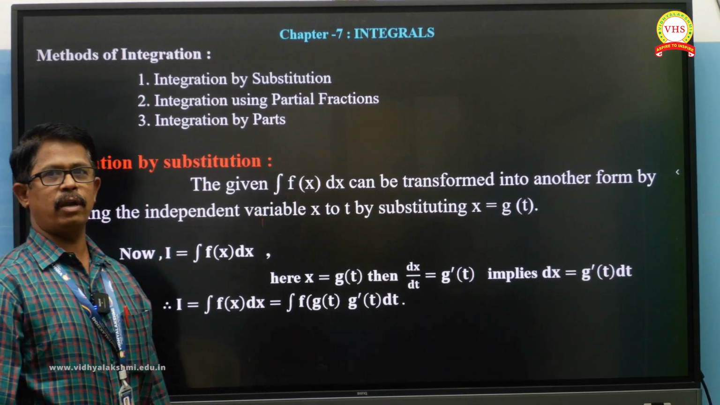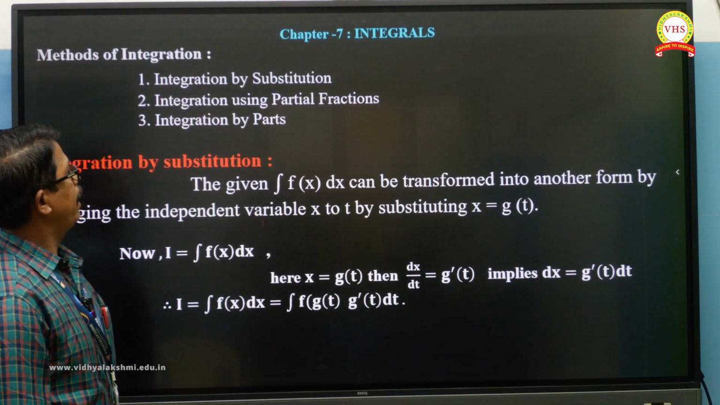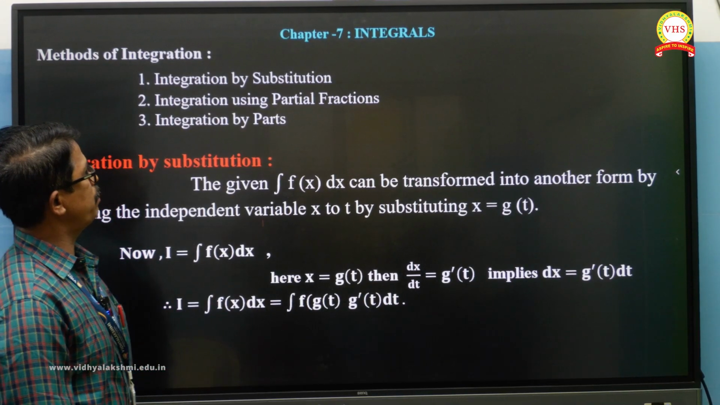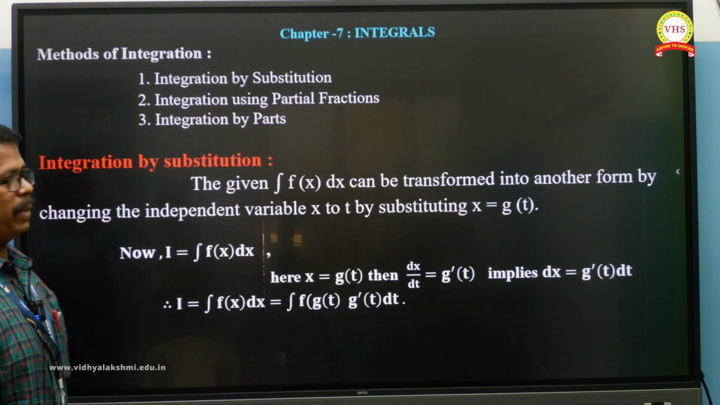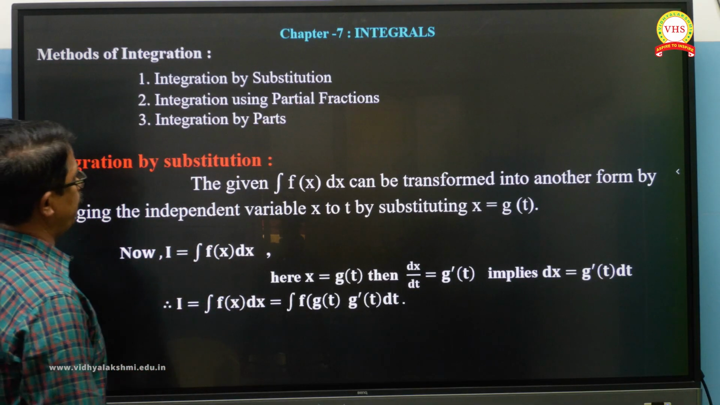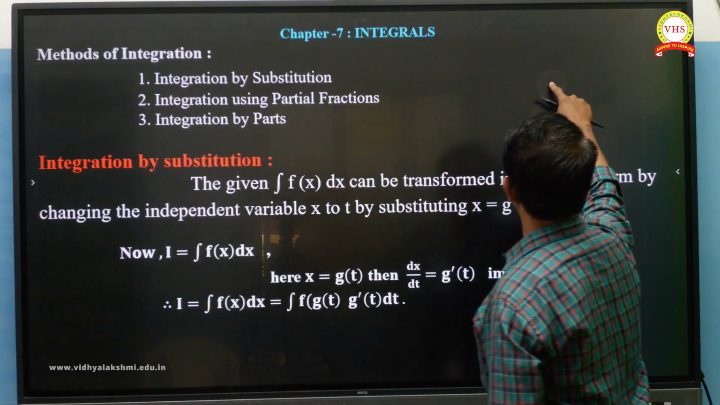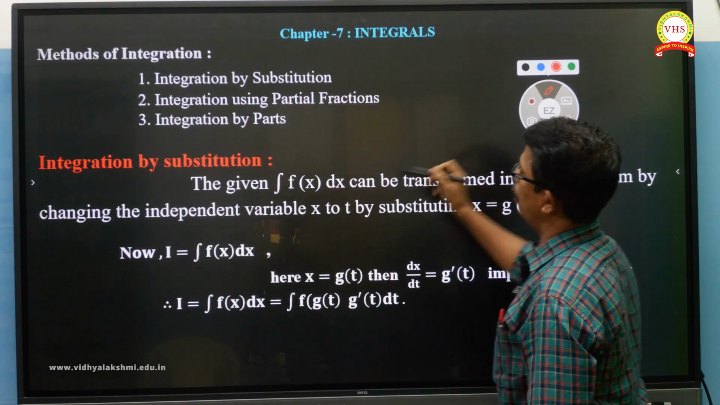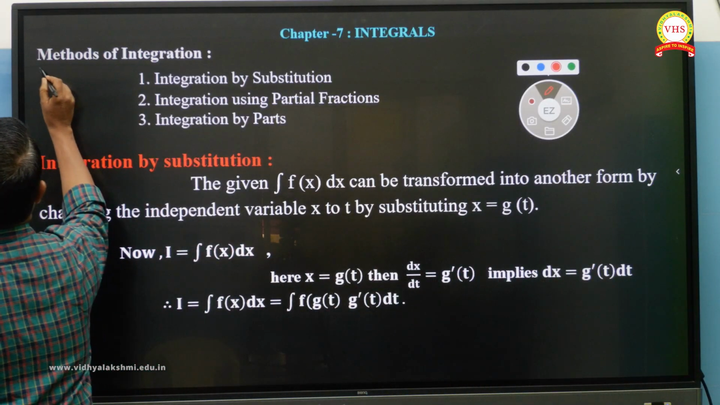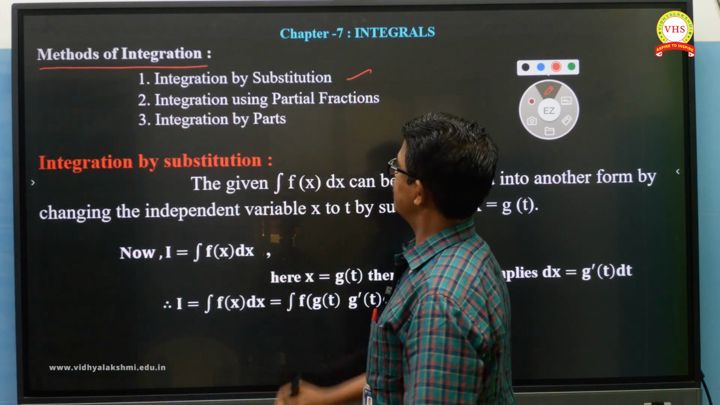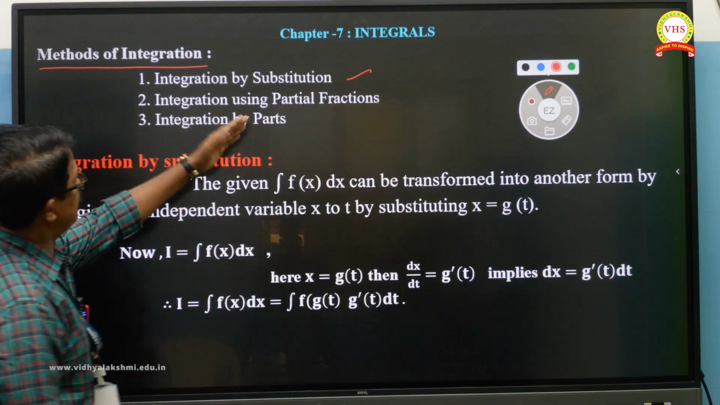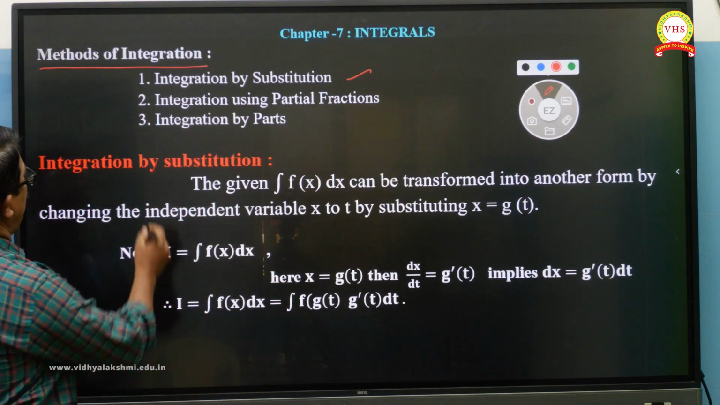Now we are going to continue integrals, exercise number 7.2. Before that, we need to go through the methods of integration. There are many methods, but we have only 3 methods: the first method is the substitution method, the second is integration using partial fractions, and the third one